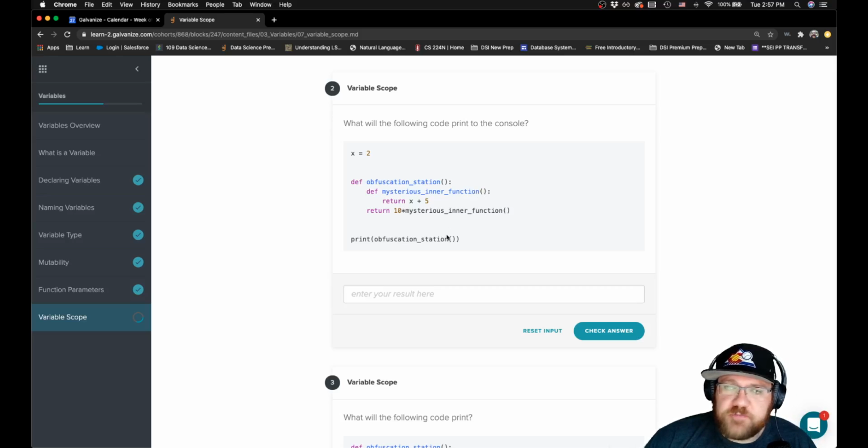obfuscation station. So if we run this function, obfuscation station, what's going to happen, it's got this function definition inside of it, but that's not being invoked or anything. So that's just like a placeholder. And then we're actually returning 10 times. This time we are going to do it, right? And we're going to